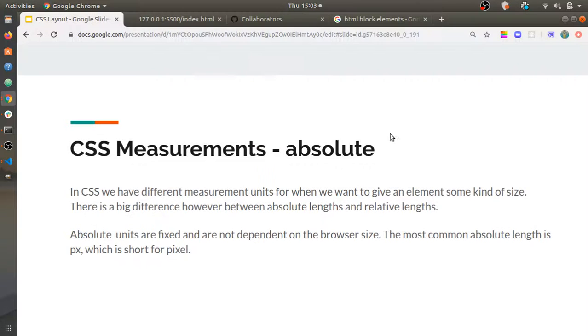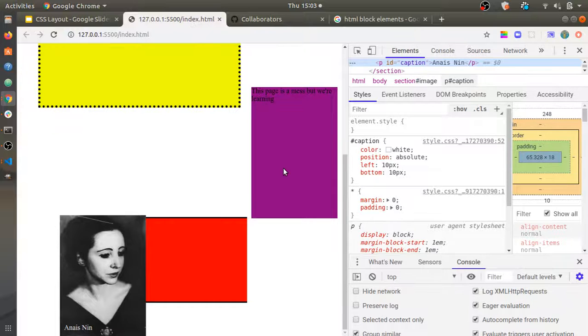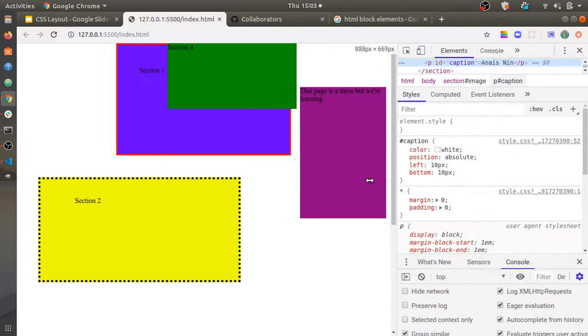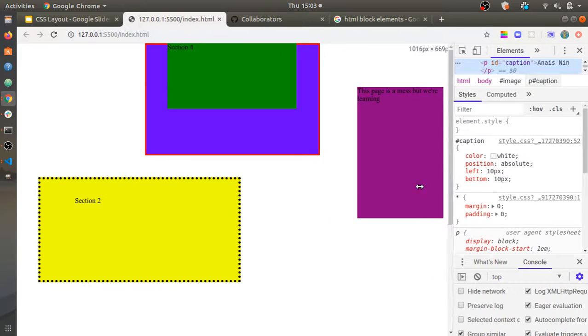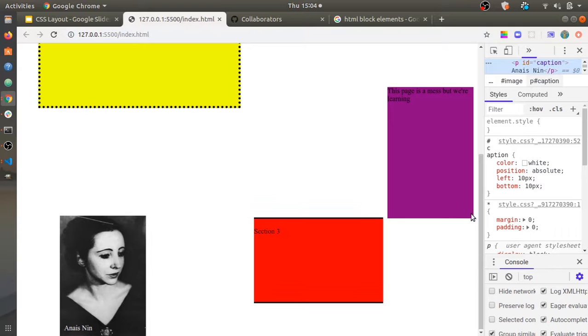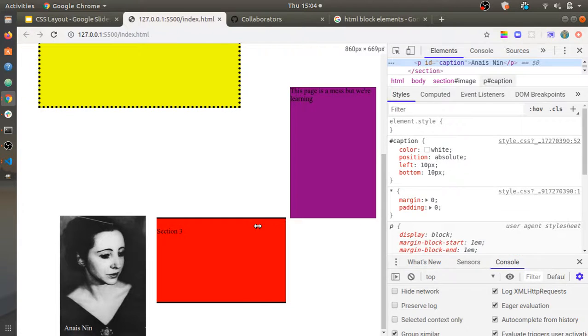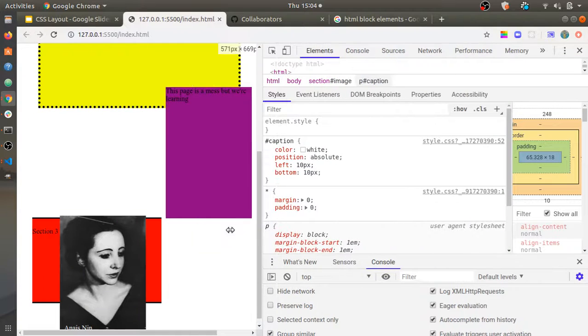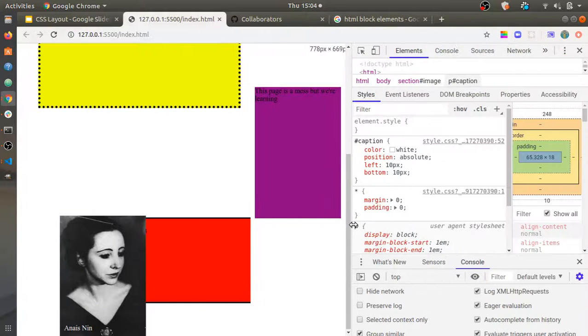So if we look at our beautiful page we've created here, you can see that using absolute sizes means that it's unpredictable how our page is going to look. It's a bit unpredictable, maybe not ideal, maybe not exactly what we were after. Don't necessarily want that red section to slide behind the image. That's fancy, but